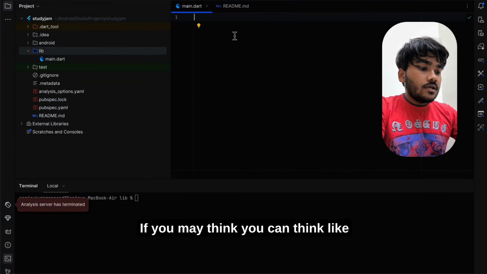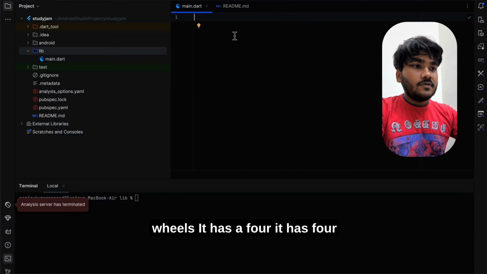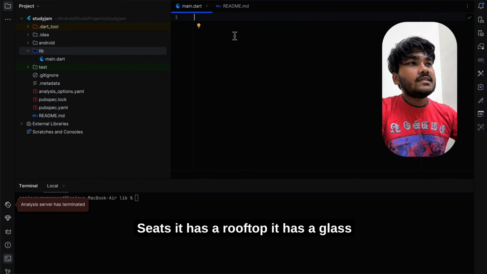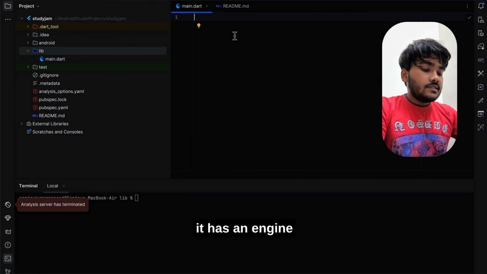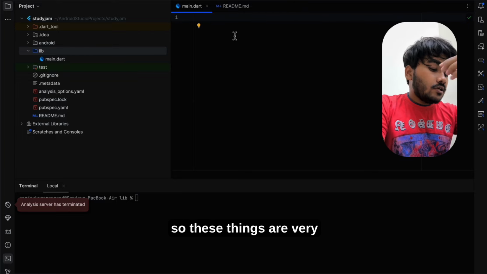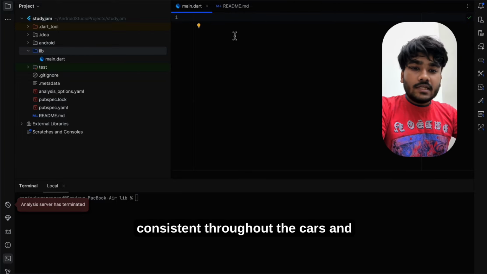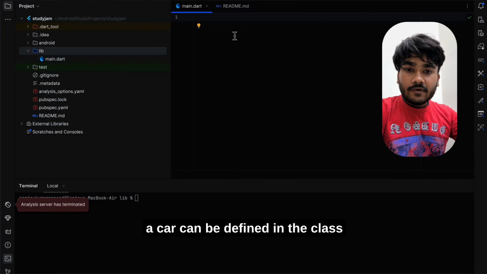You can think like, okay, a car has 4 wheels, it has 4 seats, it has a rooftop, it has glass, it has an engine, etc. So these things are very consistent throughout the cars, and